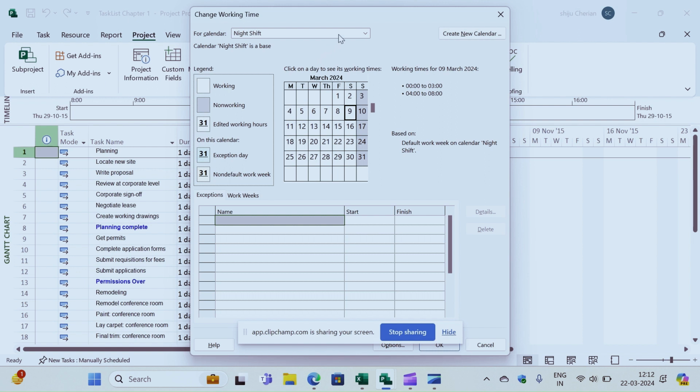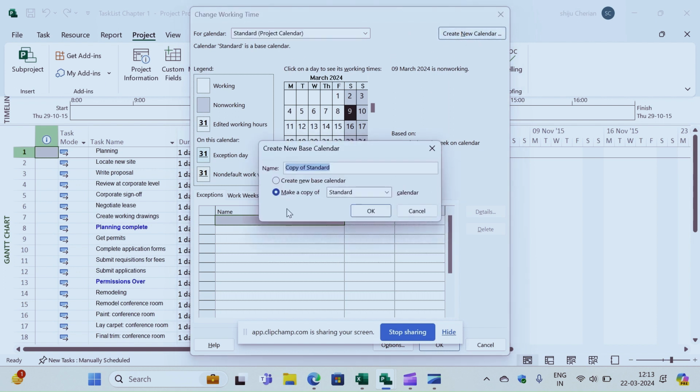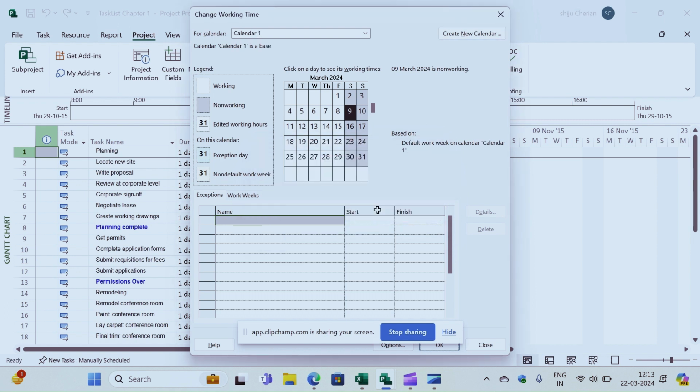Now, if I want to create my own calendar, how do I set it? Here you can see create a new calendar. I don't want to make a copy of the calendar. Let me say create a new base calendar and the name of the calendar is calendar one. Okay. And now I would say my working shift is not from 8 to 5, it's from 10 to 7. So how do I create and define that? To create your own calendar, what we can do is